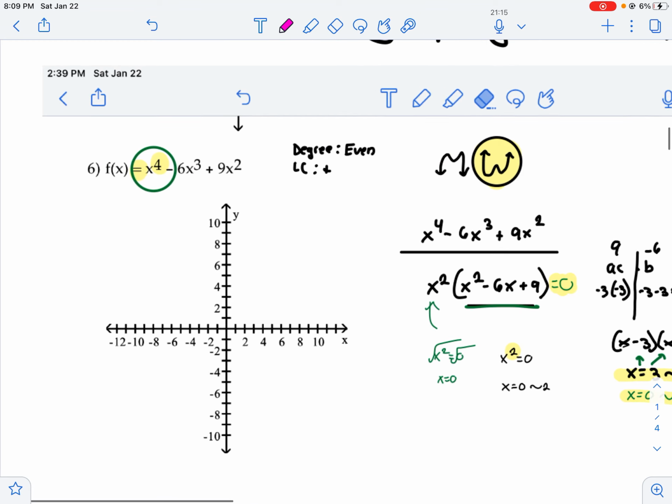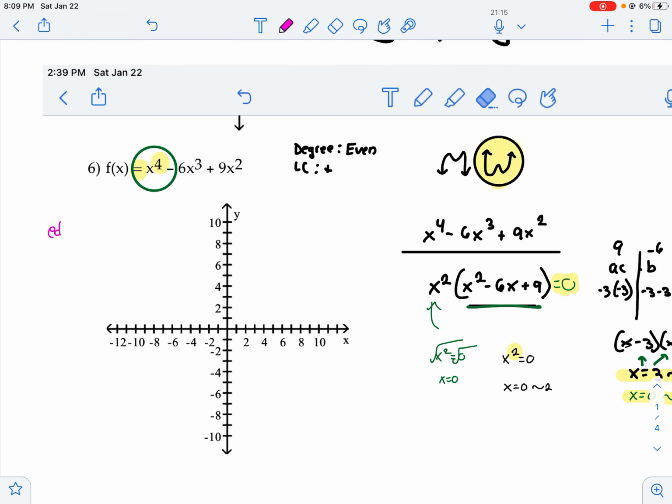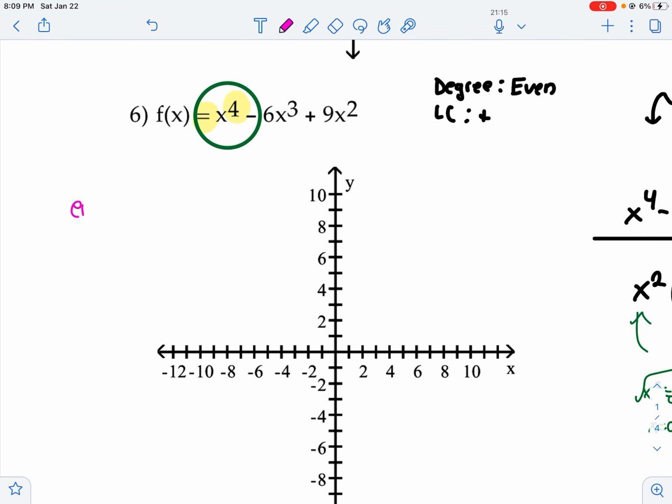Well, first you find your end behavior. Then you're going to find your zeros. Then you're going to find your x. This one, I think it had to do with y-axis. Well, it depends, and this is slash